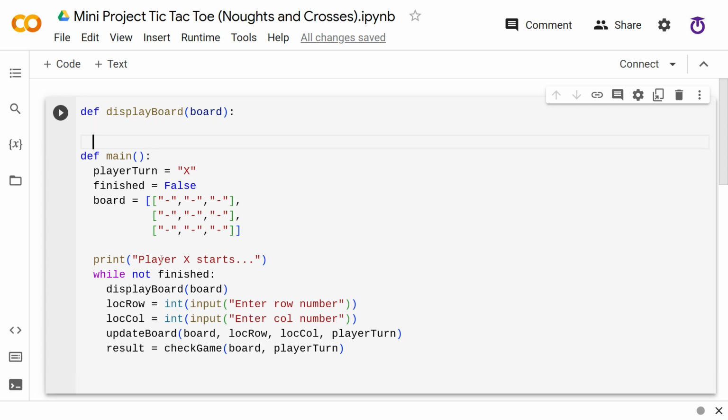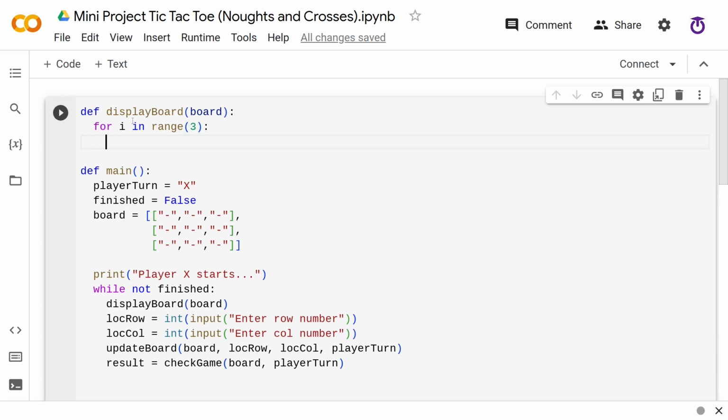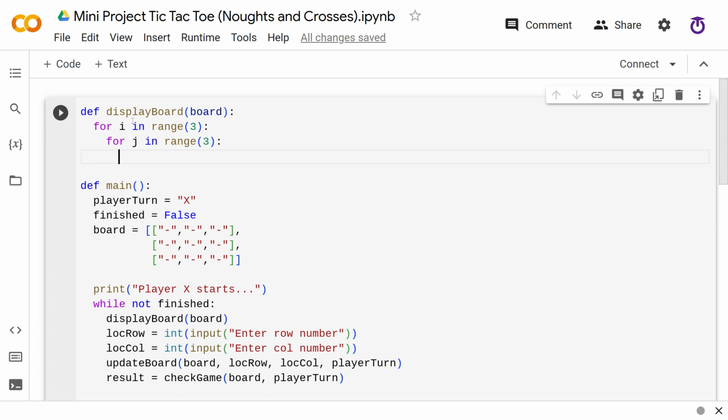So in this subroutine, like I said, we're going to display this list of lists on the screen. To do that, we need to use a nested for loop. We're going to have an outer loop that loops through the rows, and then an inner, nested loop within that, which is going to display the column for each row. This is going to iterate through the columns in each row, and as it does that, we want to print each of those values